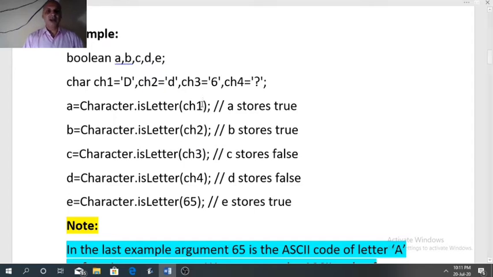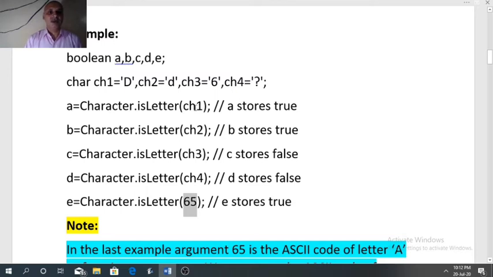Now the function receives a character argument. So inside the parenthesis, I have entered ch1, ch2, ch3, ch4 and 65. In the beginning, in the syntax, I had told it can receive a character in the form of a character variable, character constant, or ASCII code or Unicode.